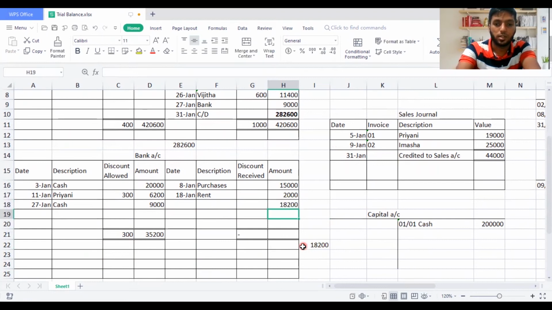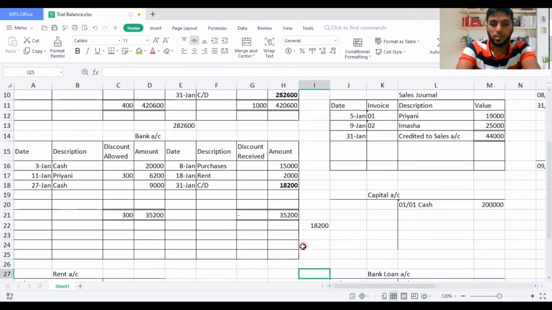So we record this amount. Then what is the date this happens? 31st January. So first 31st this happens. Now I'll record it here as carried down. So this is the value which should go to the books of the bank account. On a trial balance, you need to take this balance. So 35,200. Now I'm going to do the same thing for all the accounts, guys.